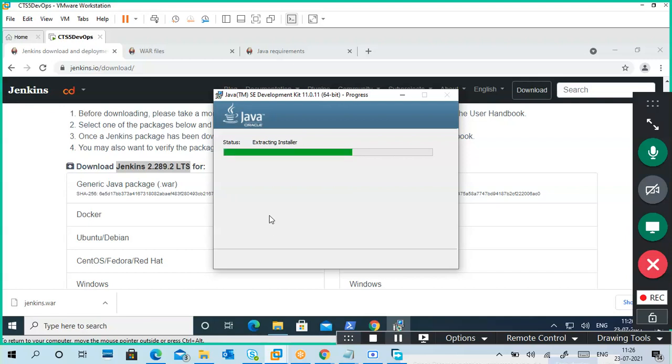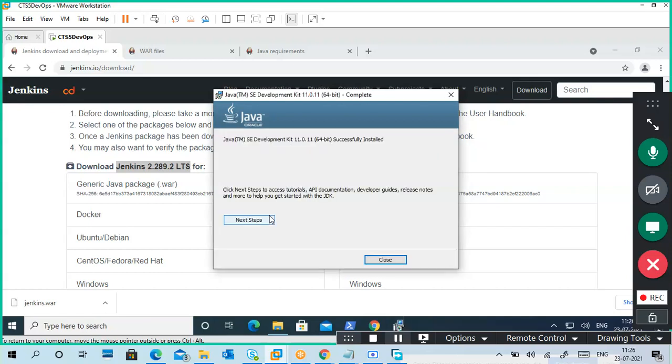Guys, how many have not completed the Git installation? They are completed.